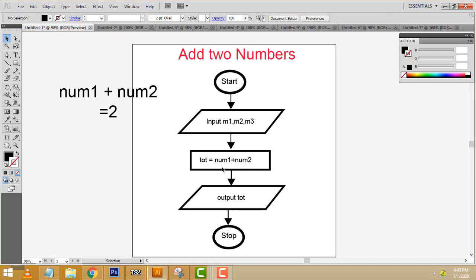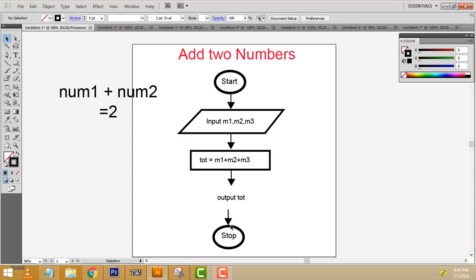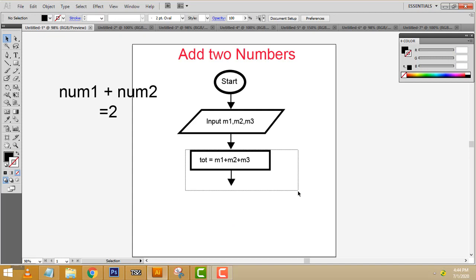So here I am going to calculate the total. How do I calculate the total? It is marks 1, marks 2, marks 3, right? After that I am going to calculate the average. The same thing, I just copy this one.